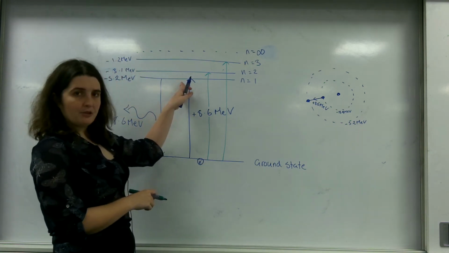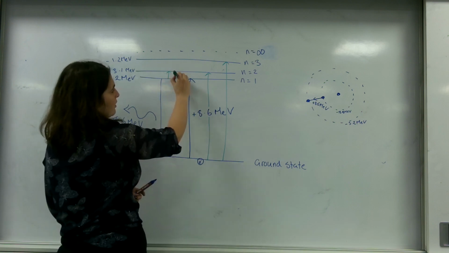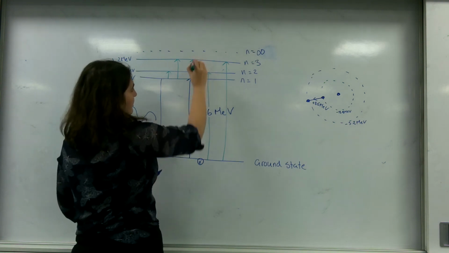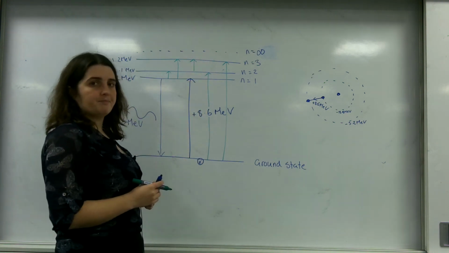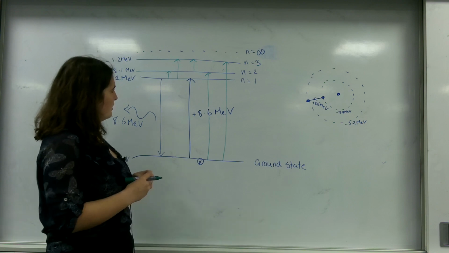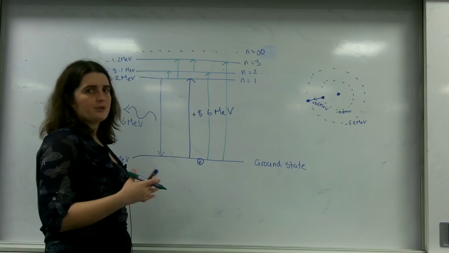But I might have electrons orbiting here. That's 4. That's 5. And that there is 6. So there are 6 different combinations of photons that could be emitted